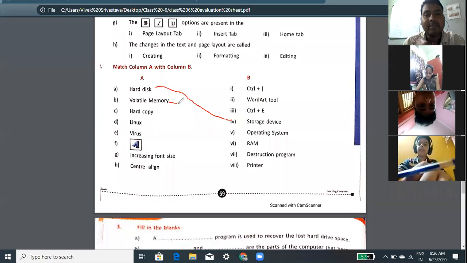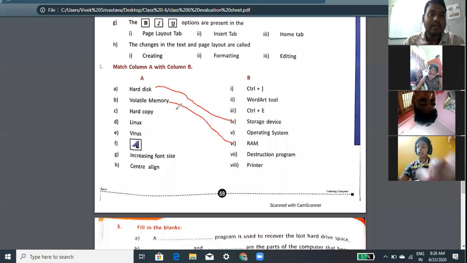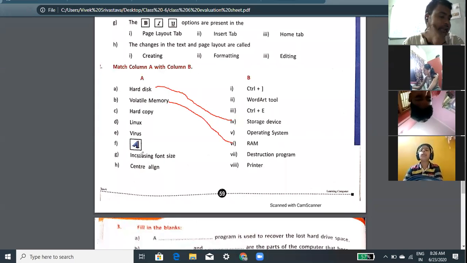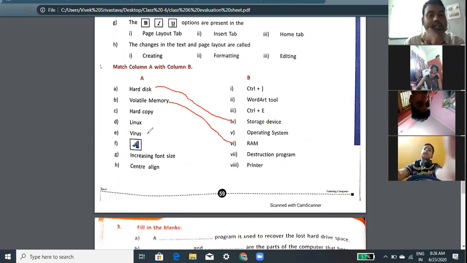RAM is volatile memory, and ROM is non-volatile memory. Linux is an example of an operating system.